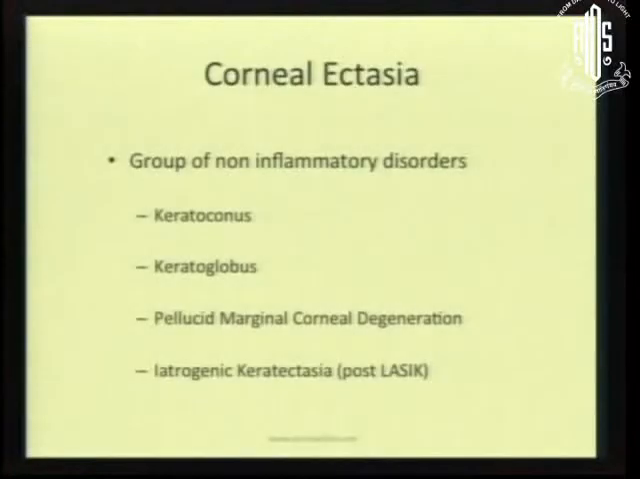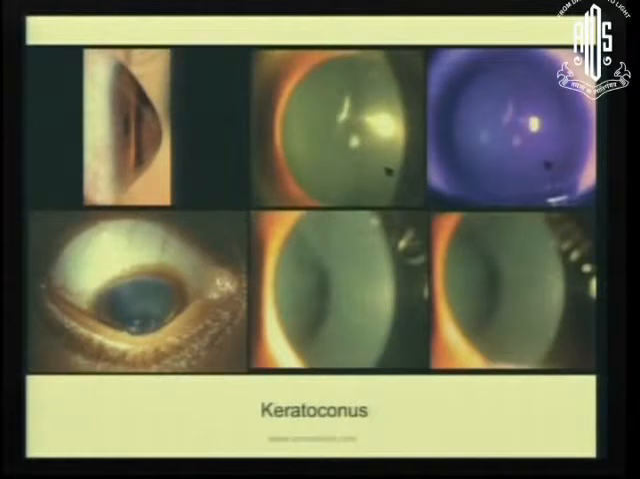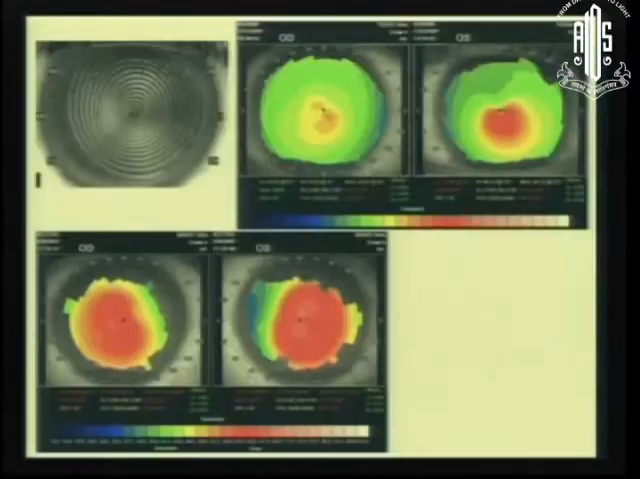Corneal ectatic disorders comprise a group of non-inflammatory conditions, and the most common is keratoconus. The next you see in your clinic is keratoglobus, pellucid marginal corneal degeneration, or the iatrogenic keratectasia post-laser refractive surgery. We are all familiar with the clinical appearance of these cases, and a lot of times you have to take